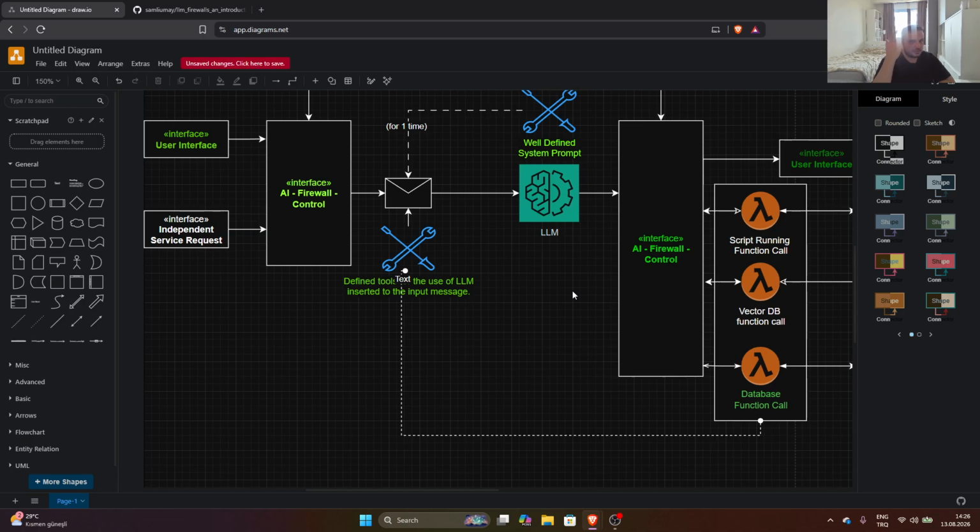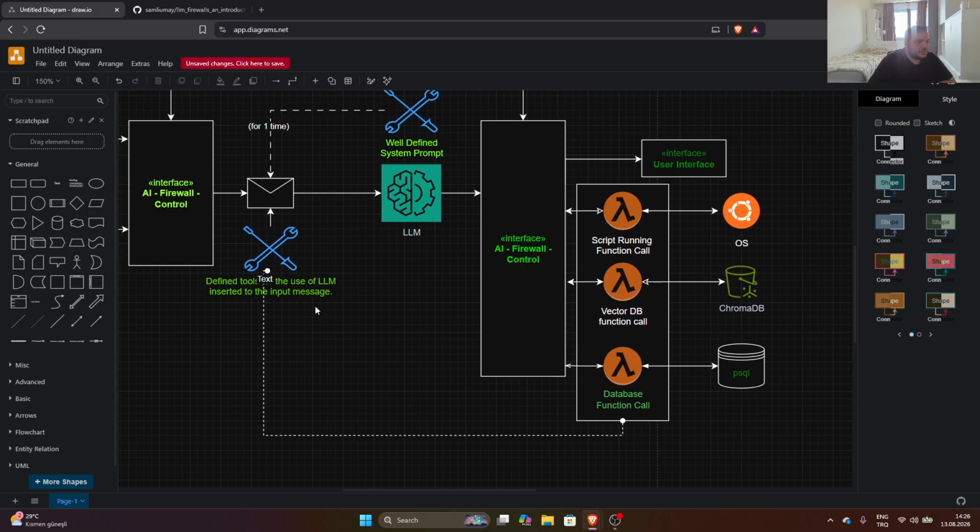At the theoretical level at least. It depends how powerful your model is, but that is not the point. The point is at the theoretical level this should be the case. Anyways, then we enter all the context, system prompt to define tools, and if you want to define your